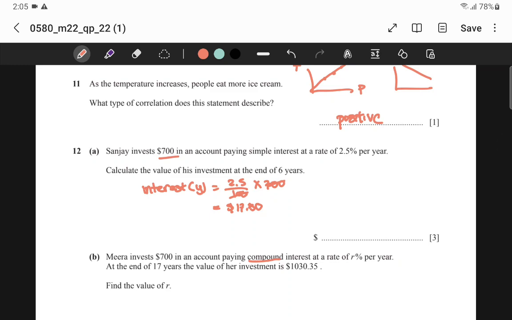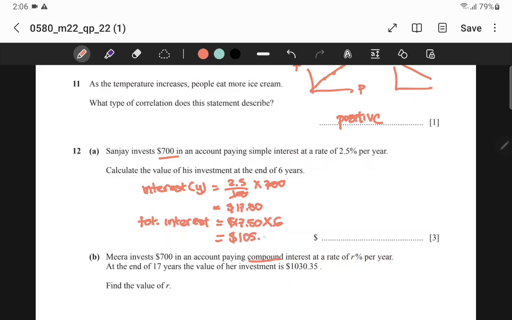Again, if you're dealing with money, make sure you write 2 numbers behind the dot, never only 1, because the place for the cent is 2, not only 1, right? And then how many years do I need to wait? 6 years. So every year he will get $17.50, and for 6 years I will times it by 6, which will be